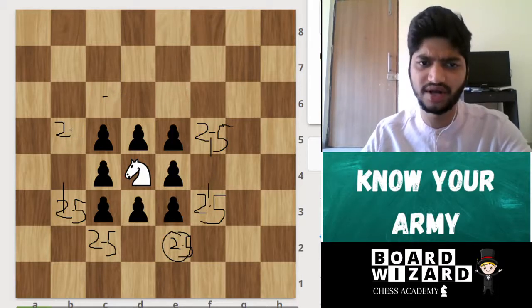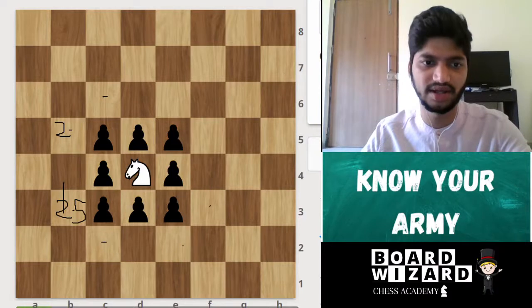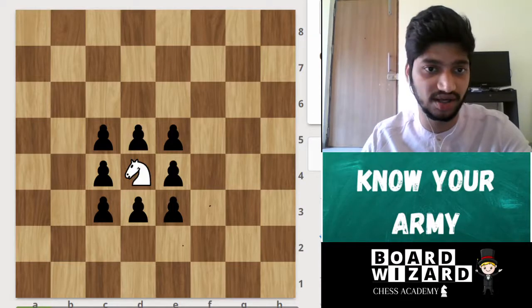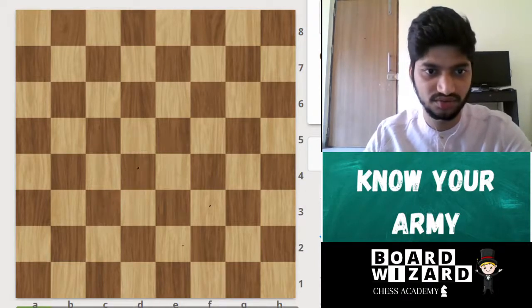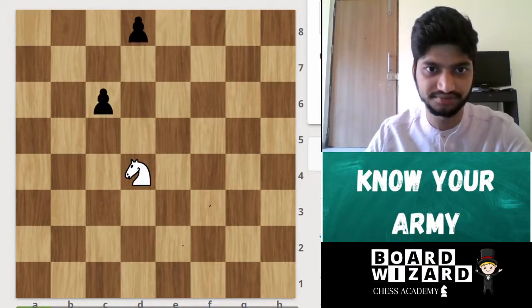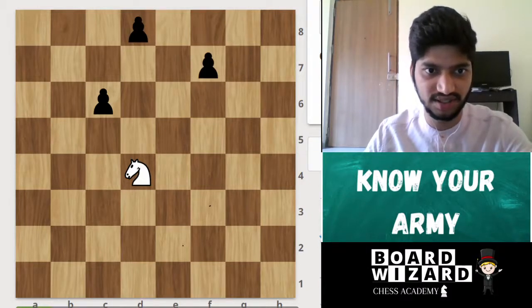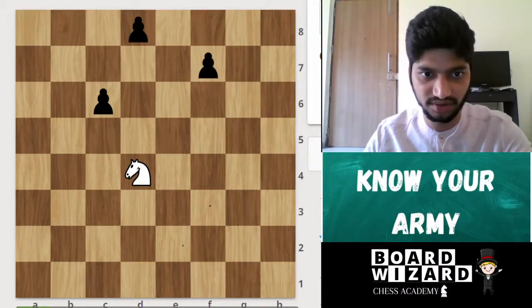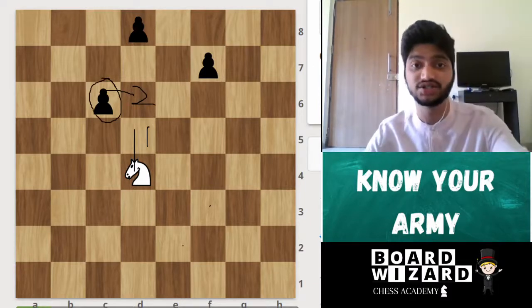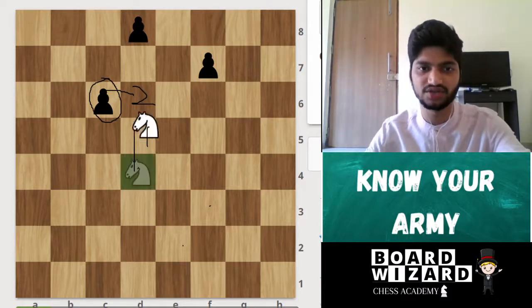He can directly go and kill opponent's pieces, whoever is standing on his destination square. Okay, so for example, let's keep the knight here, let's keep a pawn here, then here, here. And now let's see, can the knight kill the pawn? Let's try to go up 1, 2 and 2.5. So yeah, that is the destination square for our knight. So he can just go and kill that pawn.